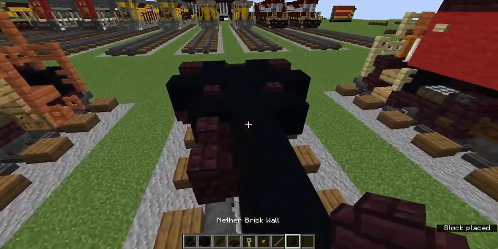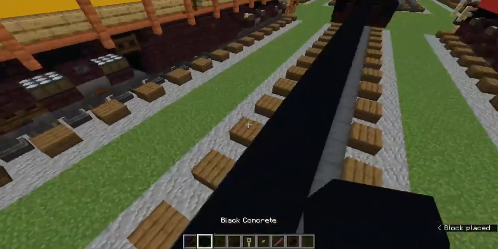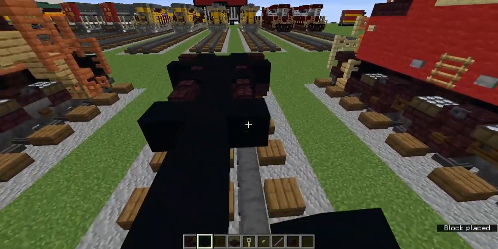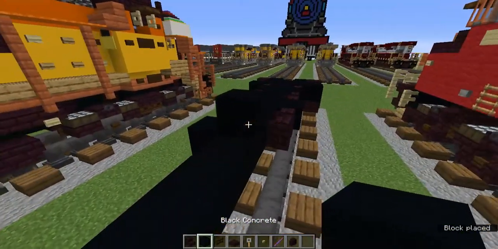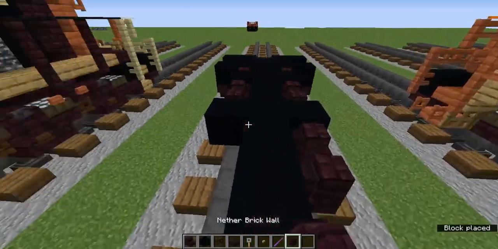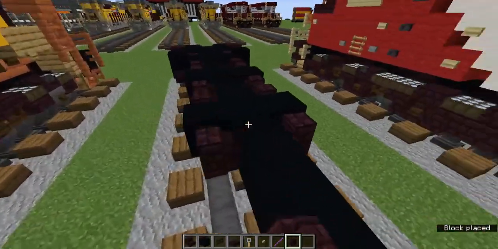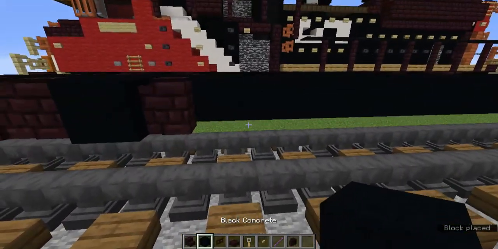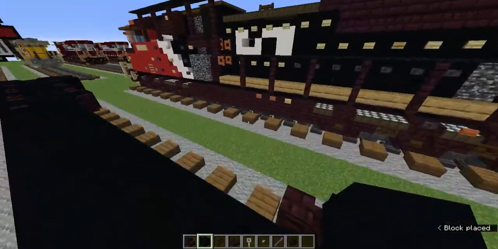And then we're gonna add nether brick walls, 2 of them like that. Black concrete, 2 nether brick walls, black concrete, and then another brick wall. And now we're gonna do the fuel tank layout, which will be 3 blocks wide black concrete, and it should